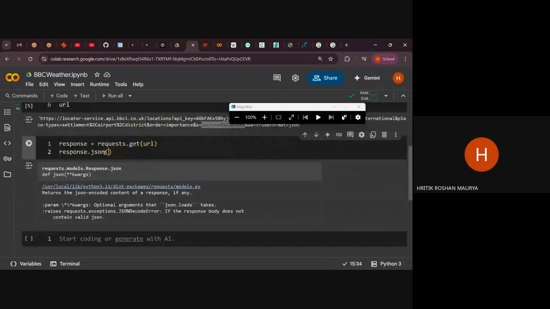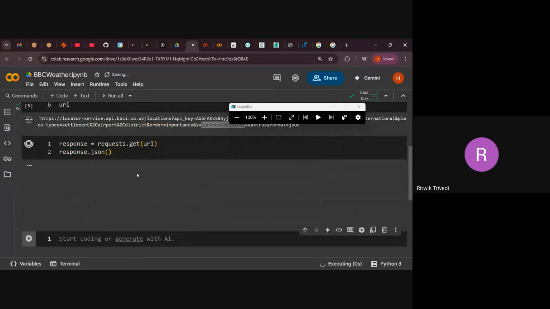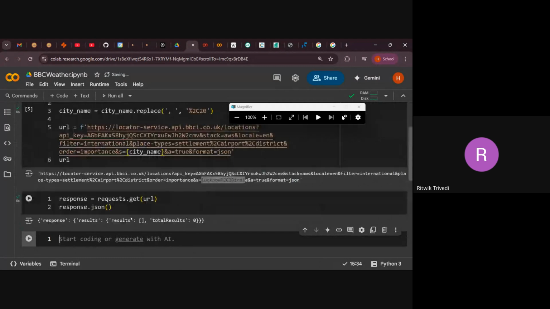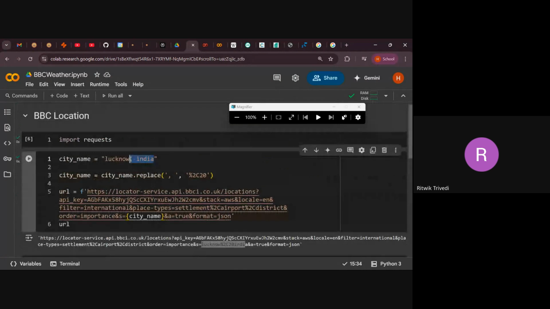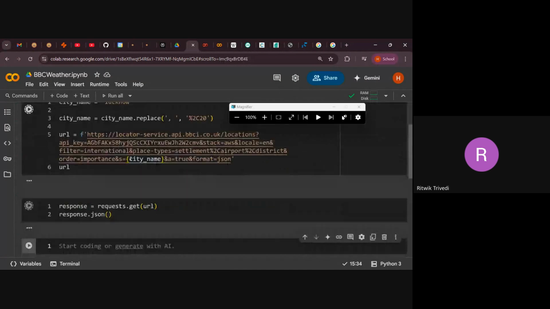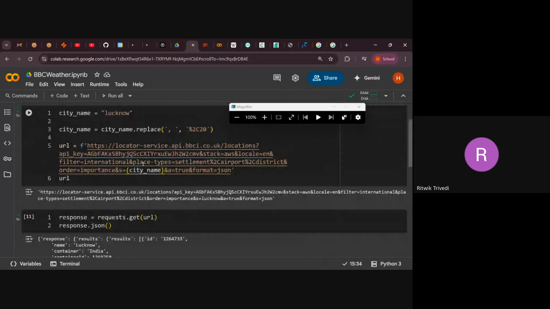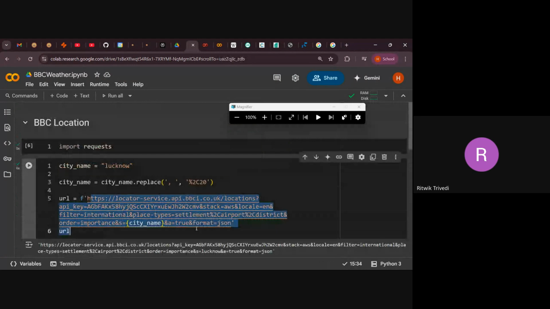JSON is a function, so I need to do it. How did you format the code? Because that line is taking a lot of space, but in your case, it is properly formatted, or did you do it manually? This thing. Okay, so if you go to the settings,